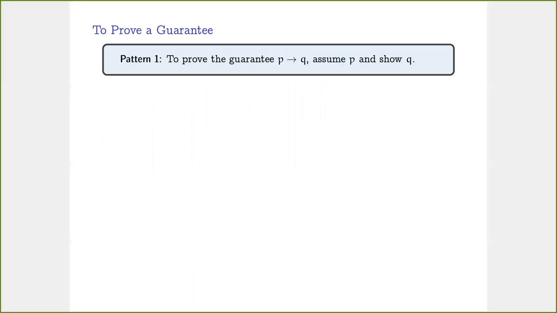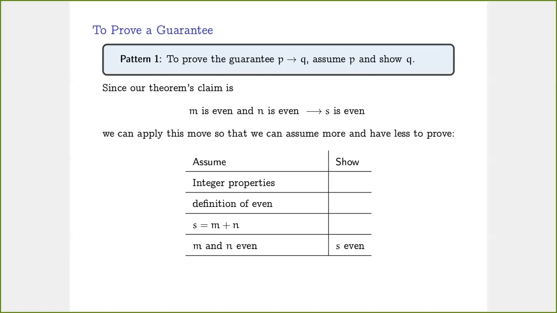To prove a guarantee, P implies Q, we can assume P and show Q. That is, we can assume that P is true and show that Q is true. The reason that proves the guarantee is that the only way the guarantee can fail to be true is if P is true and Q is false. So we're going to show essentially that can't happen. Since our theorem's claim is m is even and n is even implies s is even,